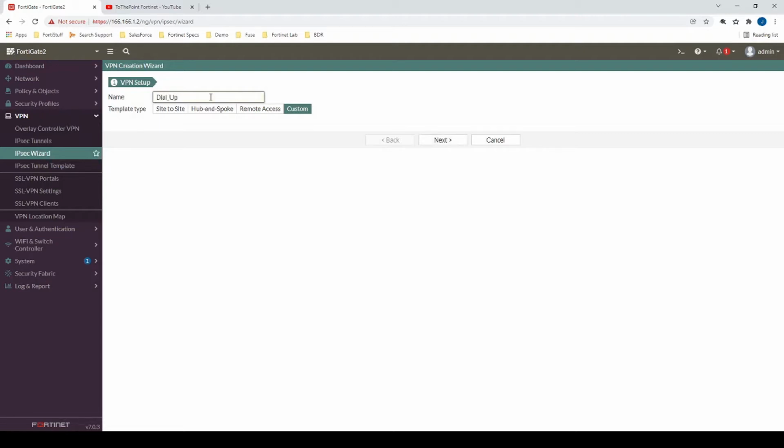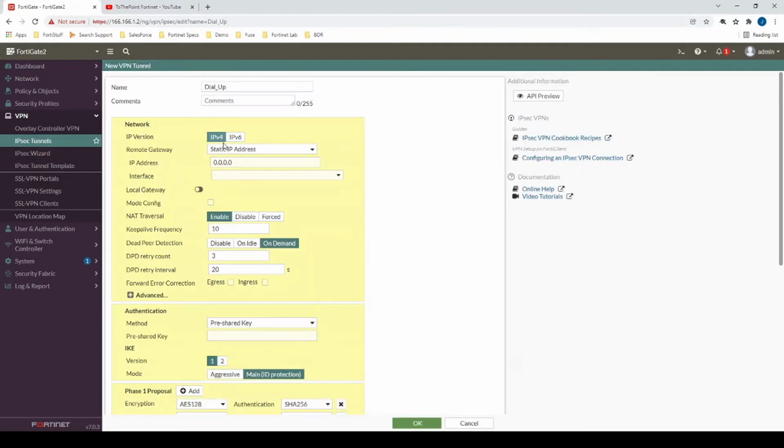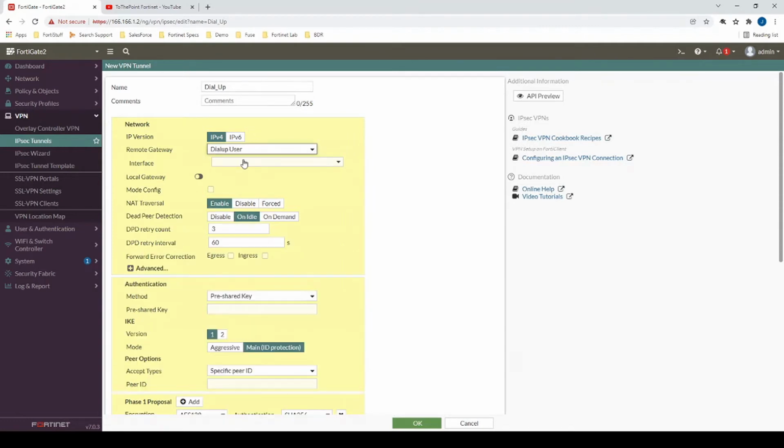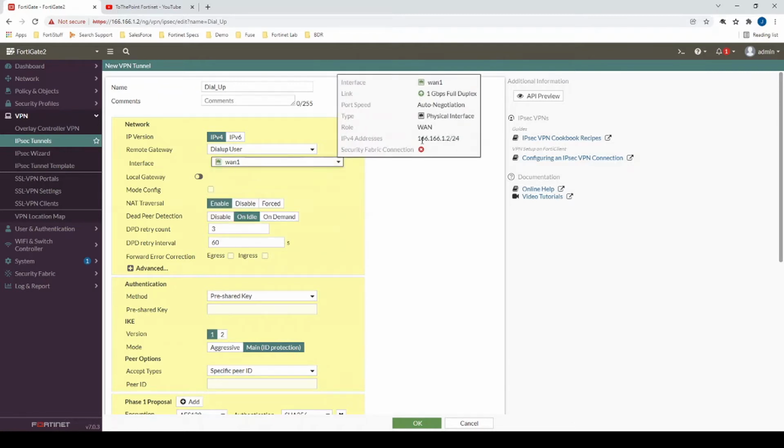So we will name this new IPsec tunnel interface dial-up. Because we're not creating a static site-to-site VPN tunnel, we're creating a dial-up tunnel. We need to specify that remote gateway as such. So our interface here is going to be WAN 1, and WAN 1 has 166.166.1.2 as its IP. So this is going to be the interface and the IP address that the IPsec tunnel